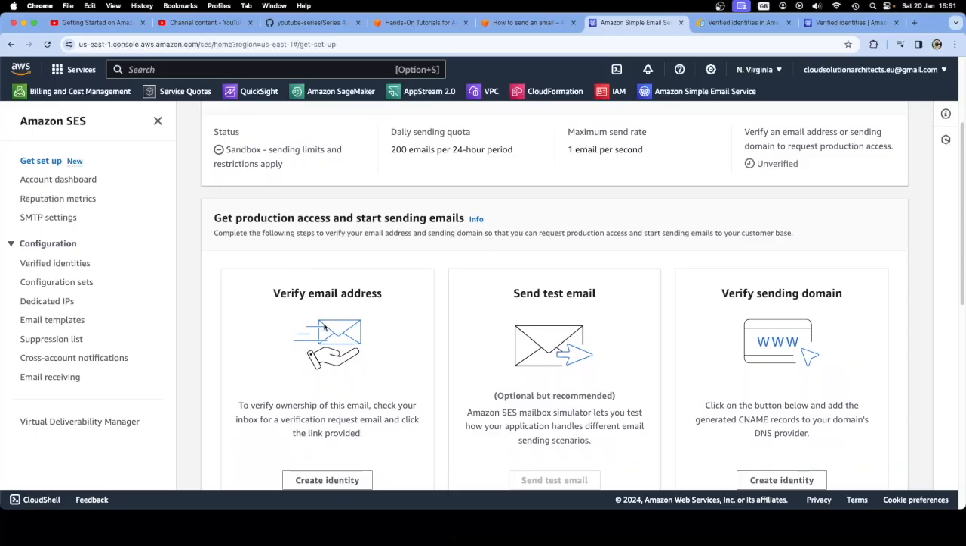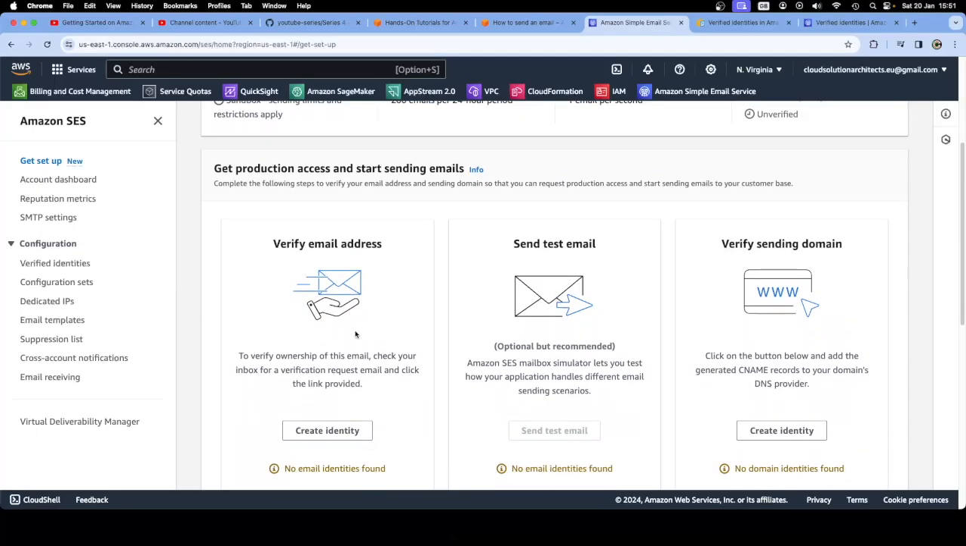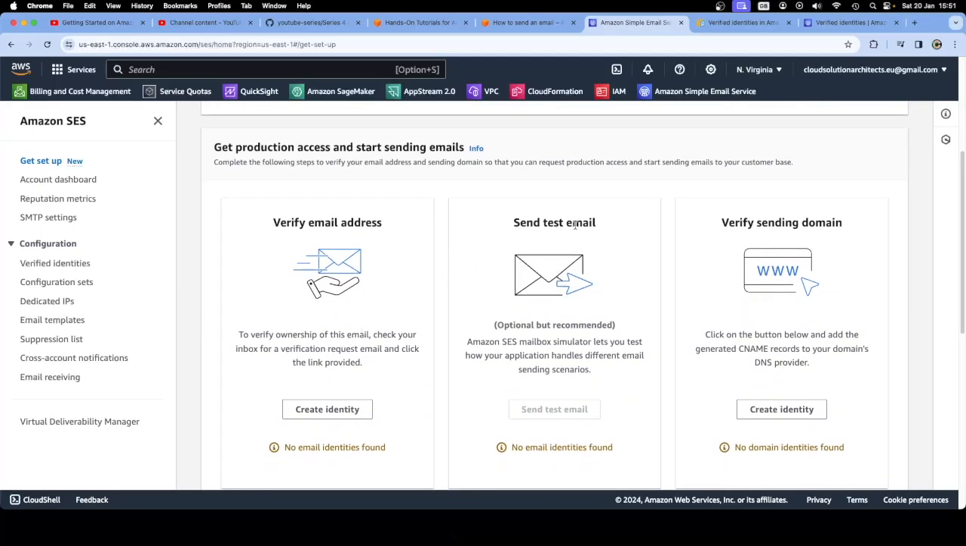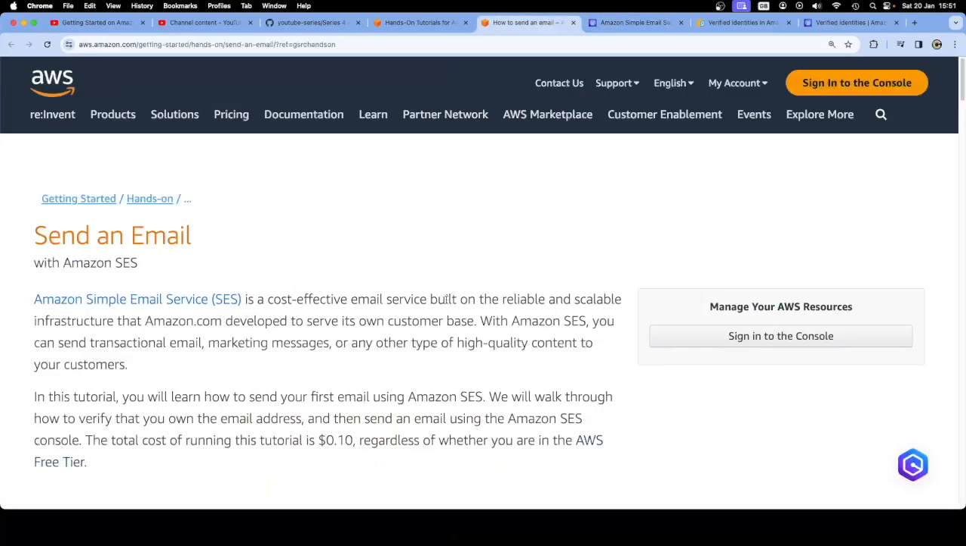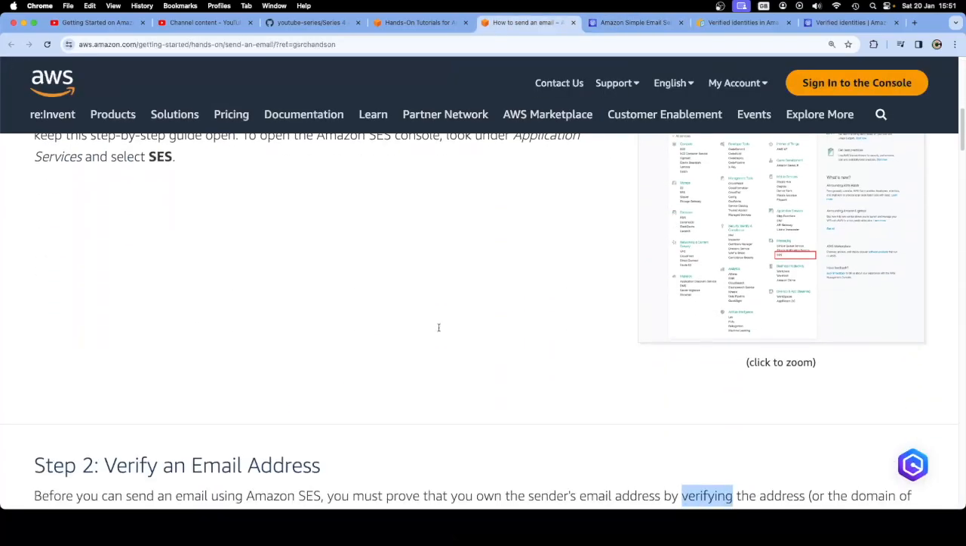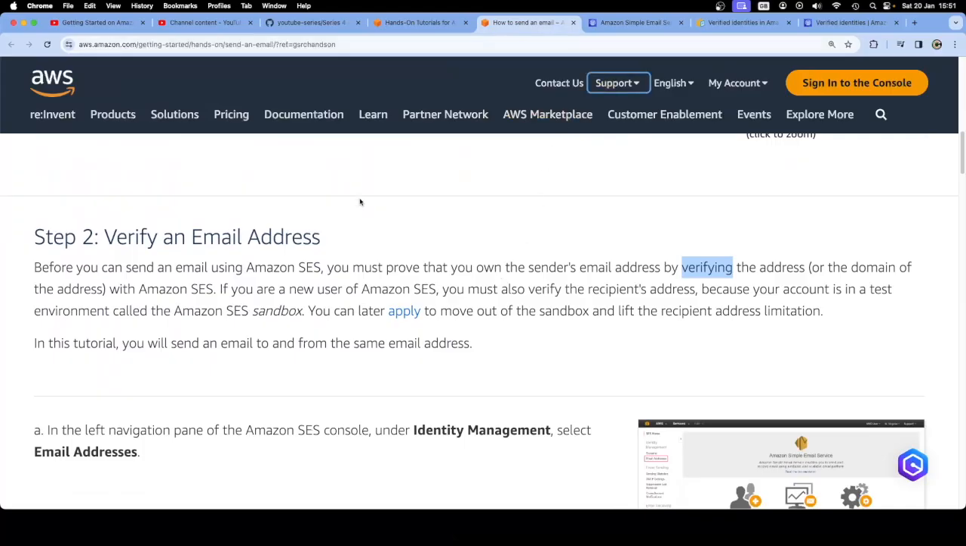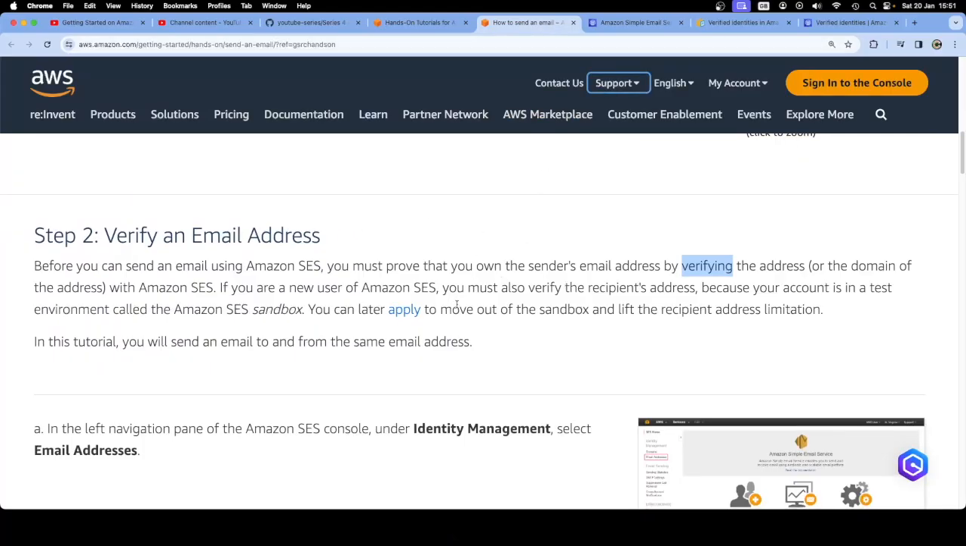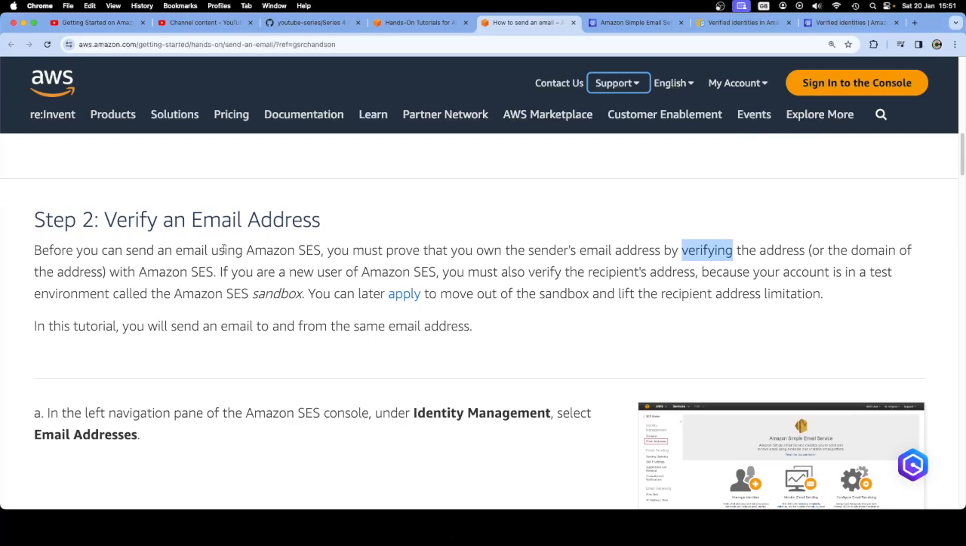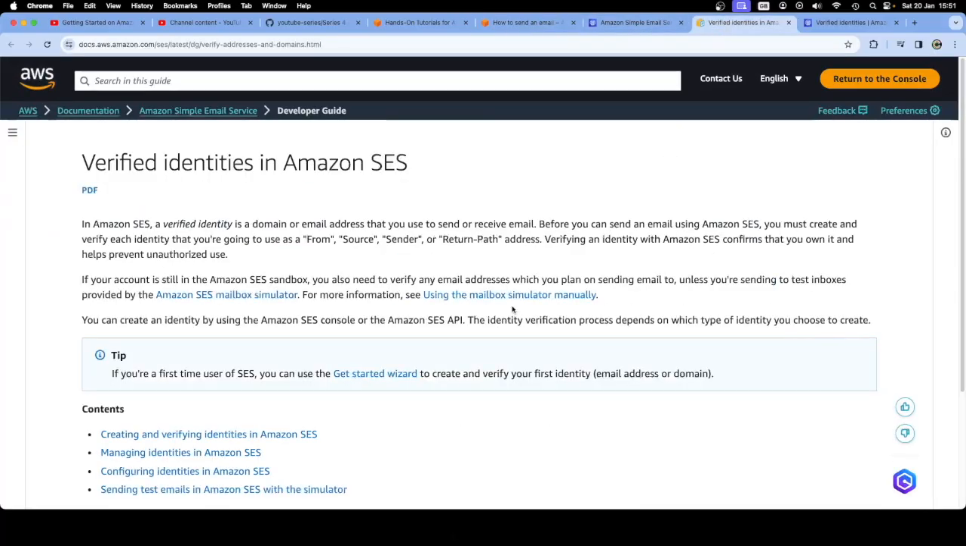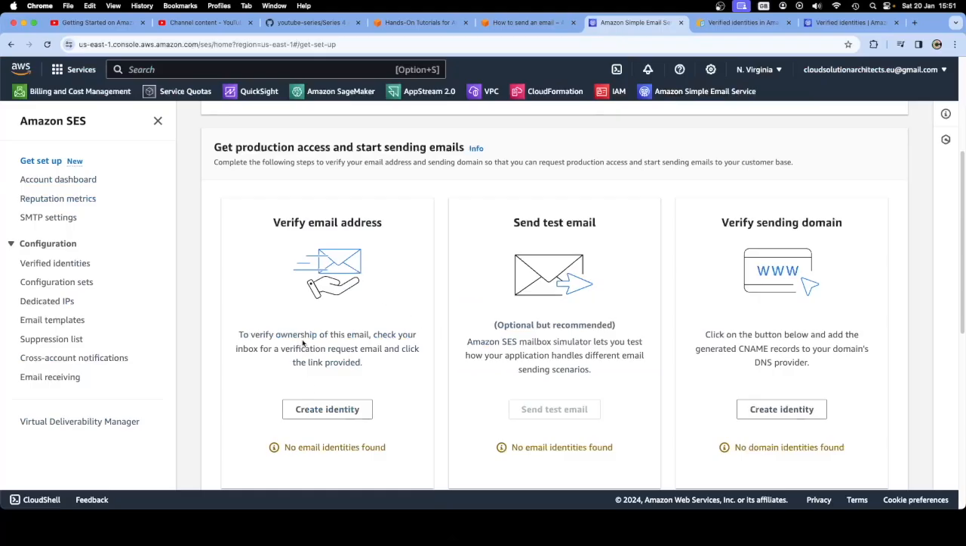So what I want to do is send a test email according to this tutorial. Okay, so according to this tutorial, first of all, I actually have to verify my email address. Basically, before you can send an email using SES, you must prove that you own the sender's email address by verifying the address. Okay, so what I want to do is go here and verify, and I